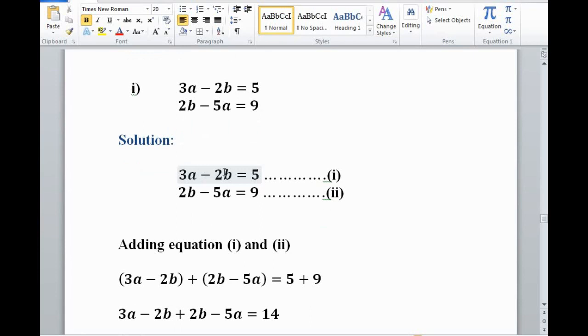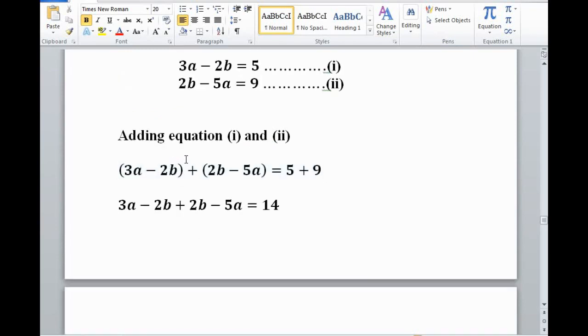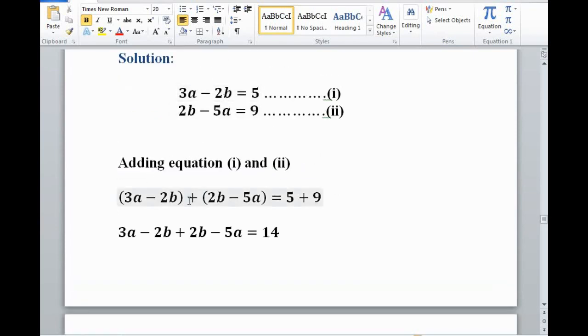So first of all, step 1 is to name them equation 1 and equation 2, and since I want to eliminate variable b from these two equations, I'm going to add equation 1 and equation number 2. First I will write the left side of equation 1 and then the left side of equation 2. On the right side, first I will write the right side of equation 1 and then plus the right side of equation 2. Simplification,